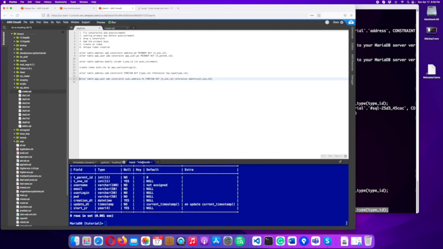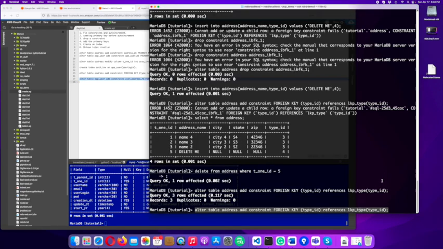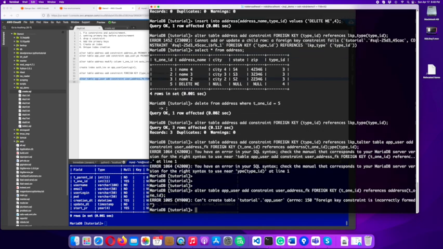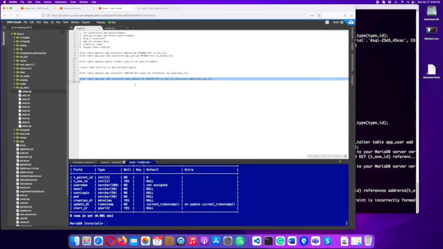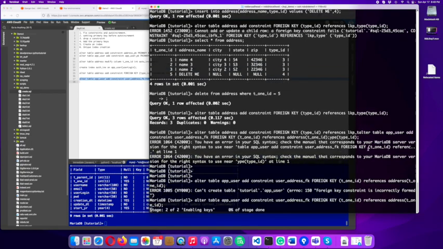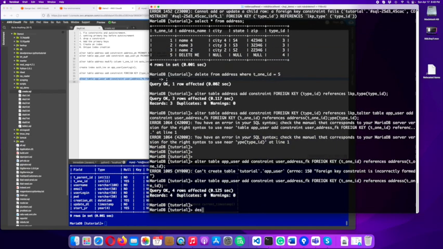So if I take that, whoops, alter table app user add constraint user. Okay, I did something wrong. Alter table add constraint user address foreign key references. Oh, because I have to spell the table right. There. Okay, so now if we look at address,